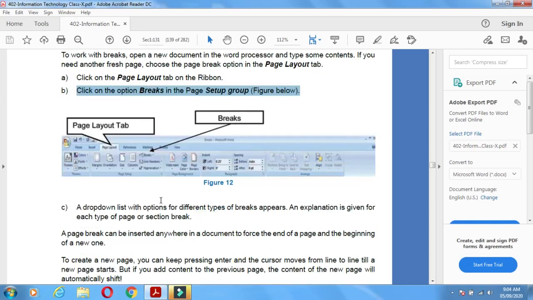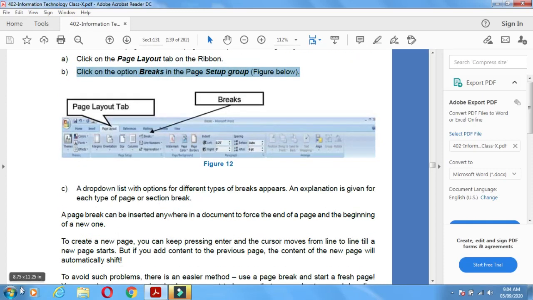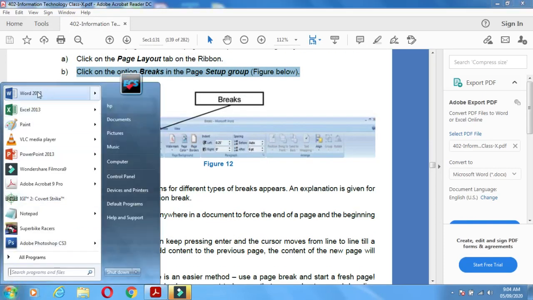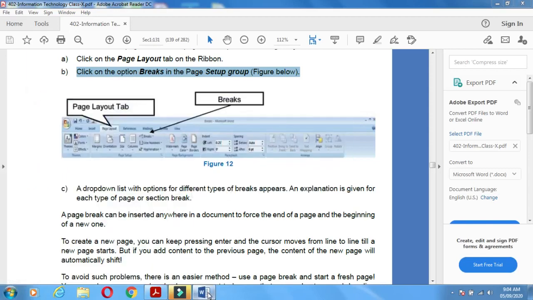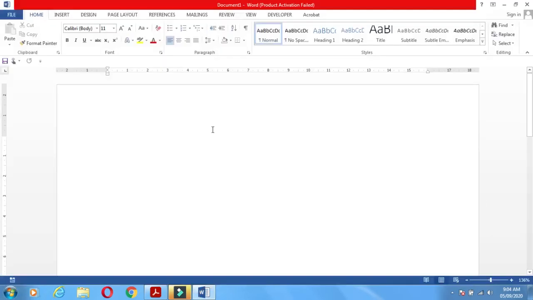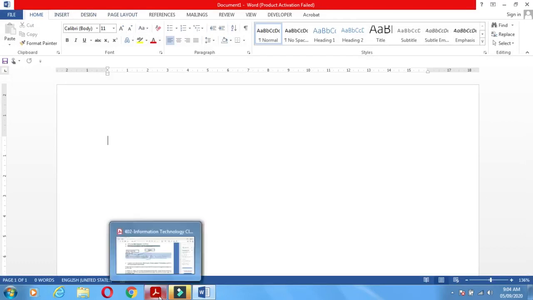So let us start our practical. Click on the start button, go to Word 2013 and open it. Now, this is the screen of the Word document. You are familiar with this, correct? What is the step?